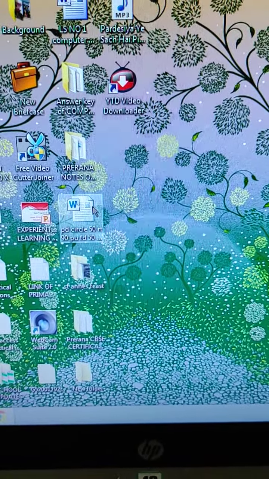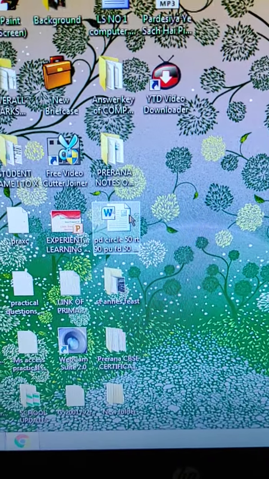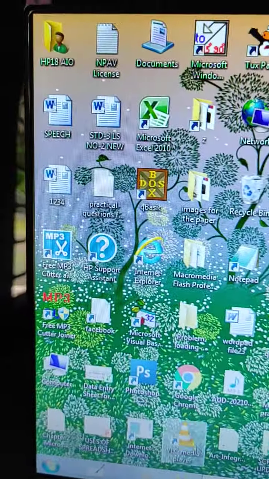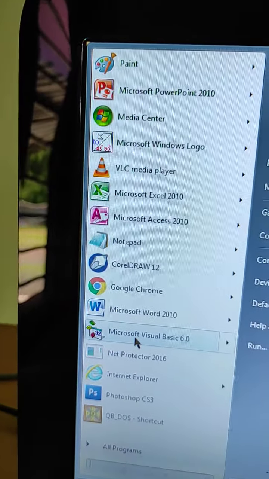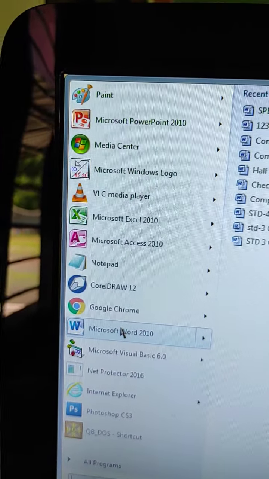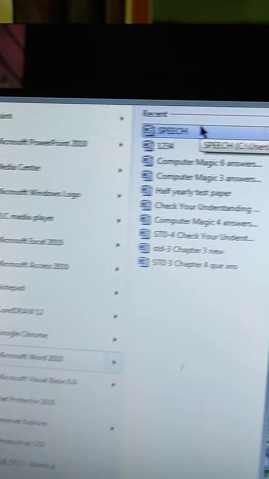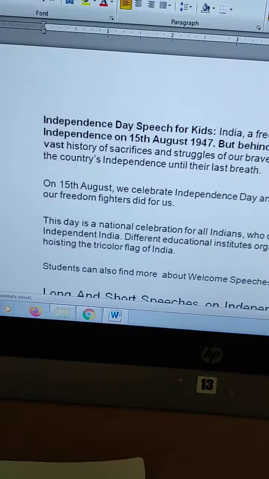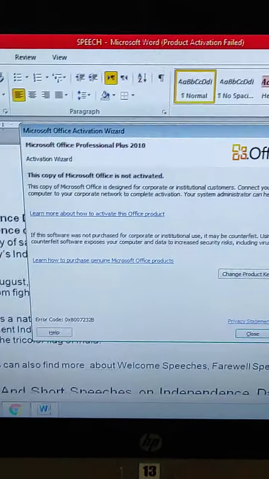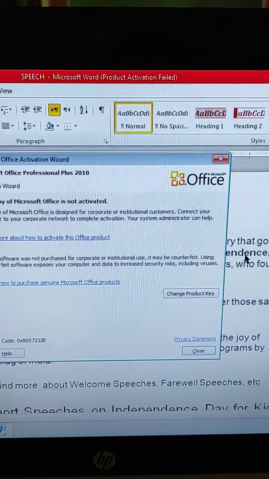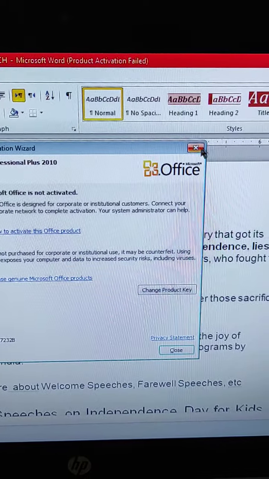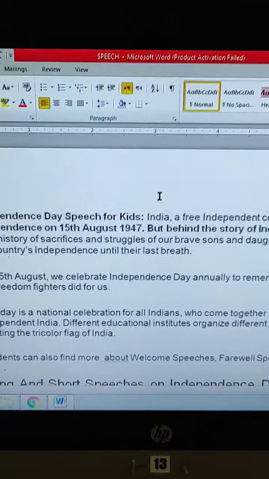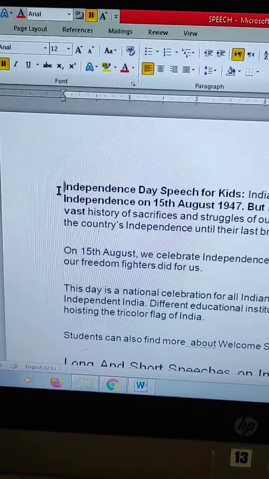Next is editing text. How to edit the text? For that I will open MS Word, and in MS Word I am opening speech. Now you can see you can also make changes to your document, and it is called editing the text or editing the document.